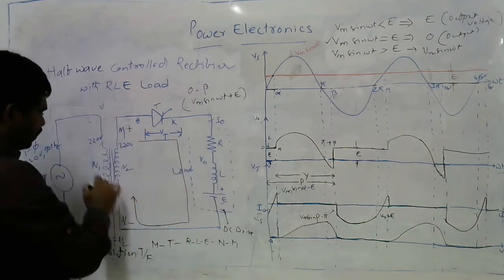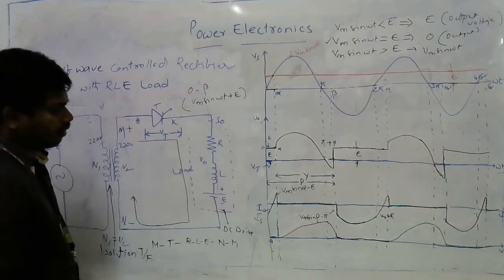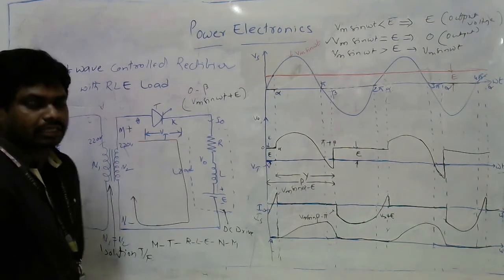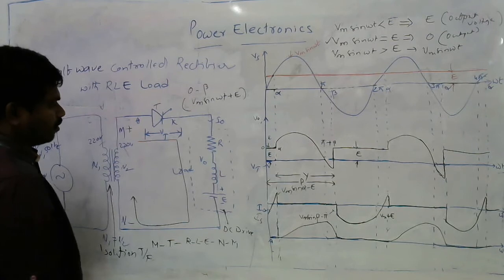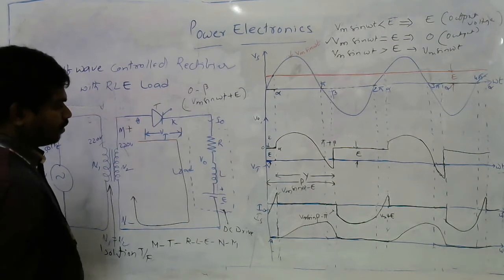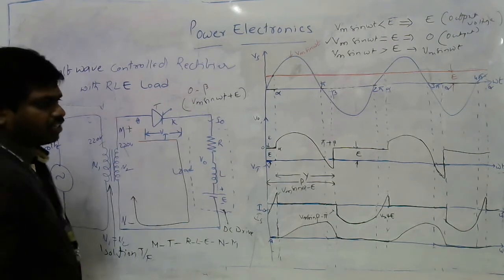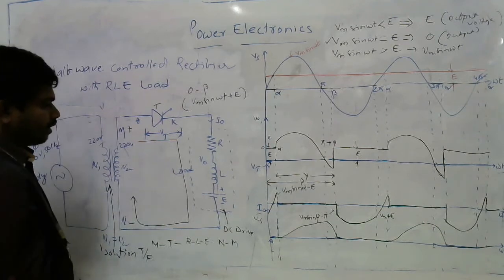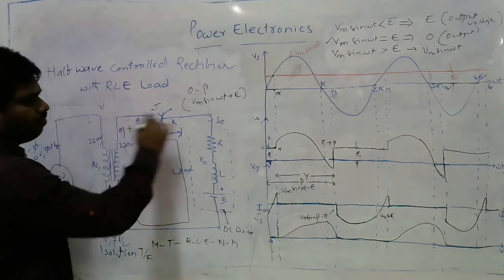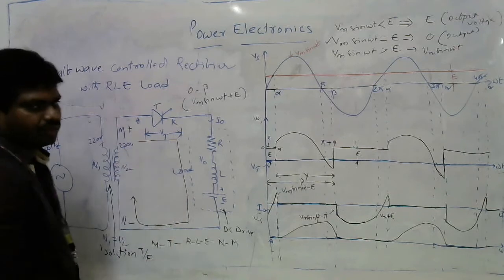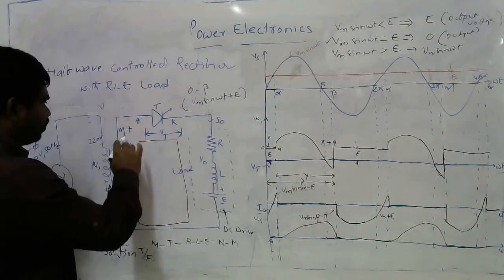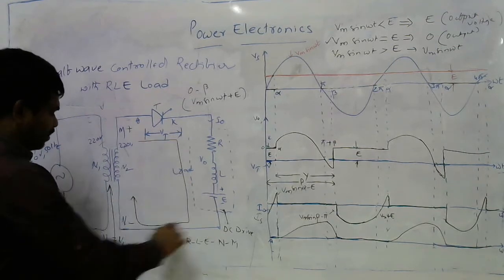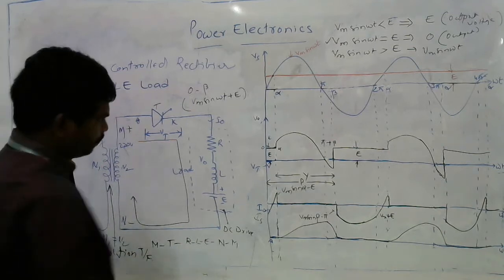See, this particular thing will come into action if there exists an inductive load, right? Otherwise there is no need of this transformer. And why it is required, I'll tell you. When we apply the positive half cycle, there is no problem. Then current is coming like this and back to the source, right?